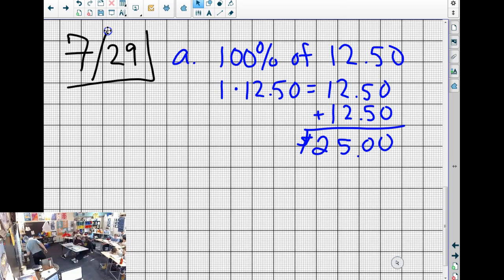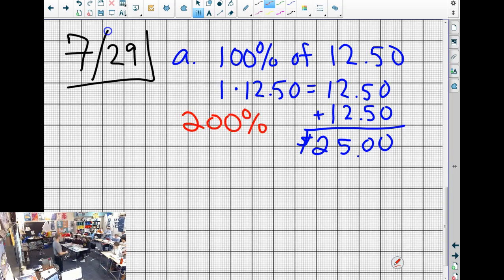Part A. Okay, time out. Skylar has identified correctly. In part A, a lot of people only put the $25. The other part of the question is, what percent is that of the original? And because it's 100% more than 100%, it's 200%. Okay? For part B,